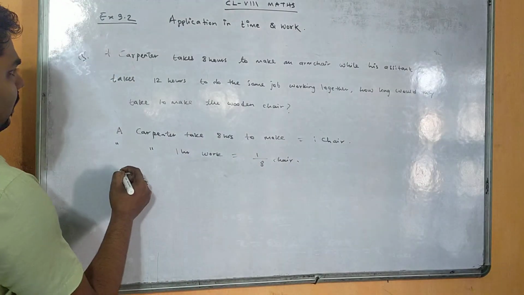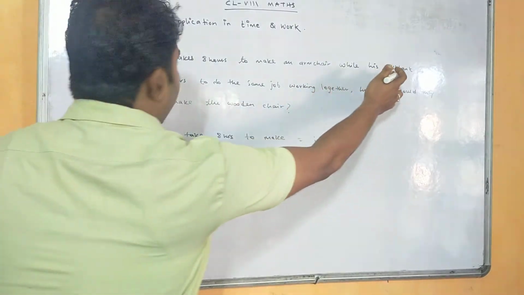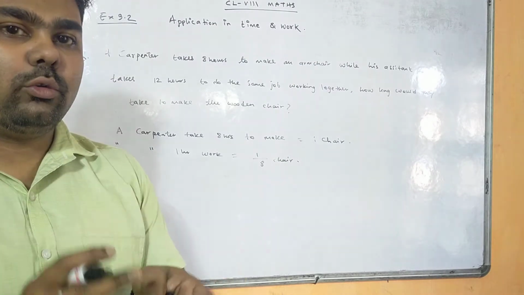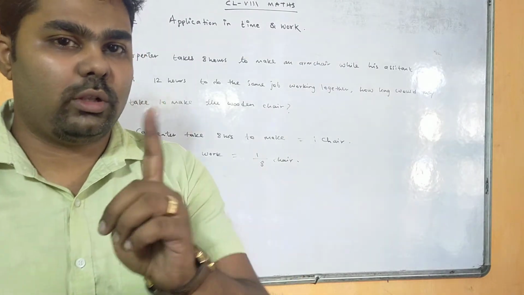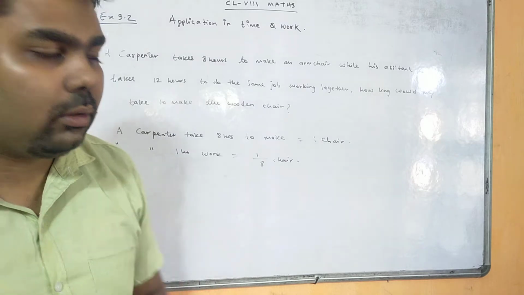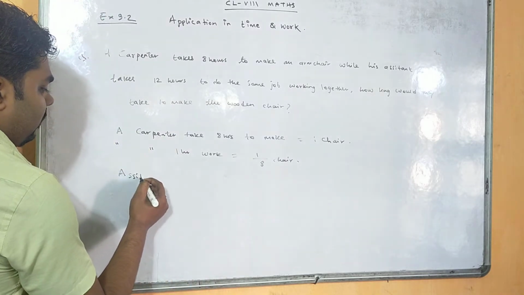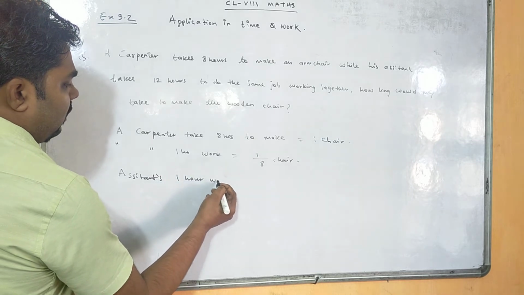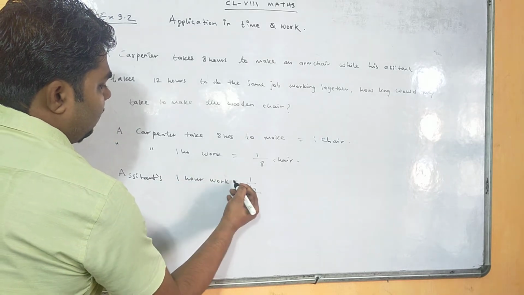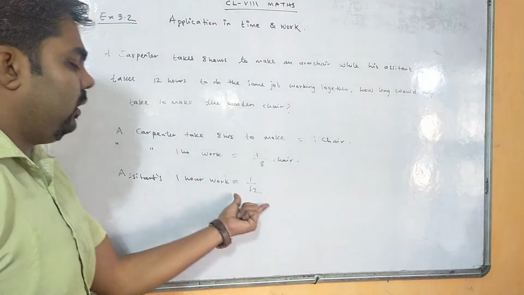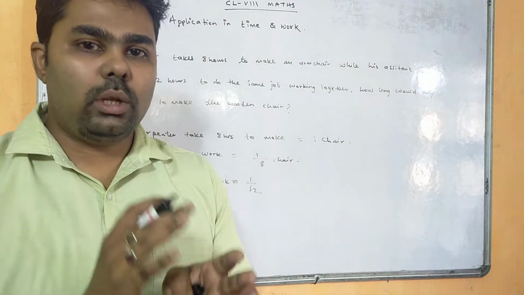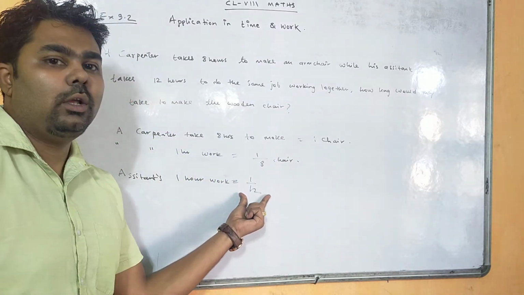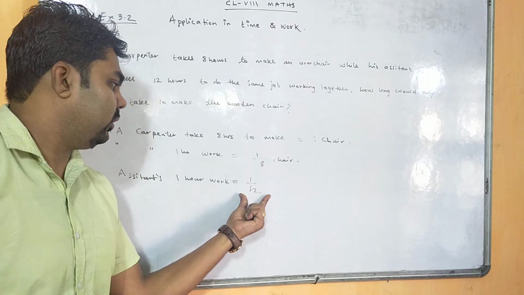Similarly, an assistant takes 12 hours to do the same job. That means in 12 hours he makes one chair. So the assistant's 1 hour work will be 1 by 12. Understood? So if an assistant makes one chair in 12 hours, that means in 1 hour he will be completing 1 by 12th work of that chair. Okay, so